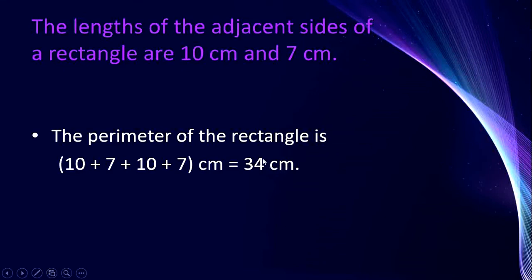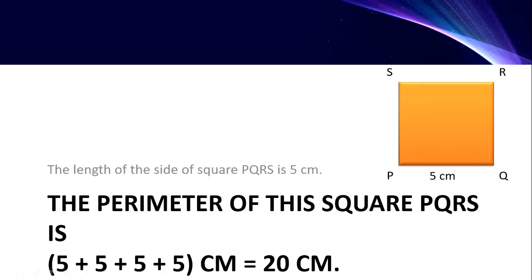And 34 centimeter is the perimeter of the rectangle having adjacent sides 10 centimeter and 7 centimeter. Let us look at another example now. This time we shall look at an example which is not a rectangle. The length of the side of square